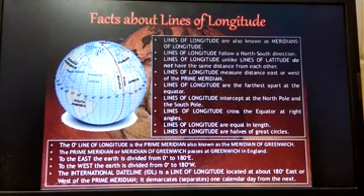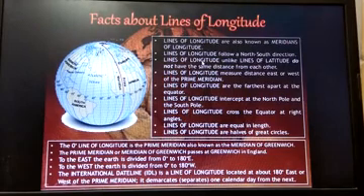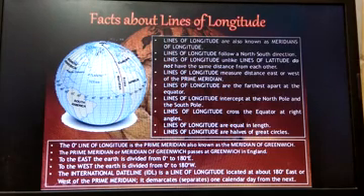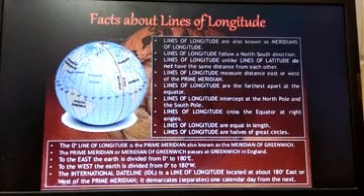Obviously, from here north to south, we draw this line in this way, and in the east and west direction we draw the latitudes. Lines of longitude, unlike the lines of latitude, do not have the same distance from each other. From one longitude to another longitude, we do not have a 111 kilometer difference, because these start from one particular point. So here the distance may be less, here may be some more distance. When we come to the mid center, the distance increases, and again the distance decreases. So there is increase and decrease, but in the latitudes the distance is the same.